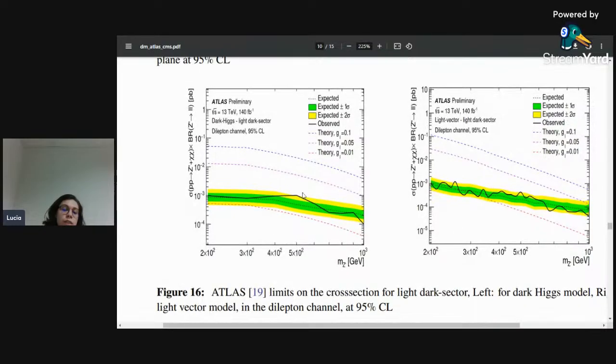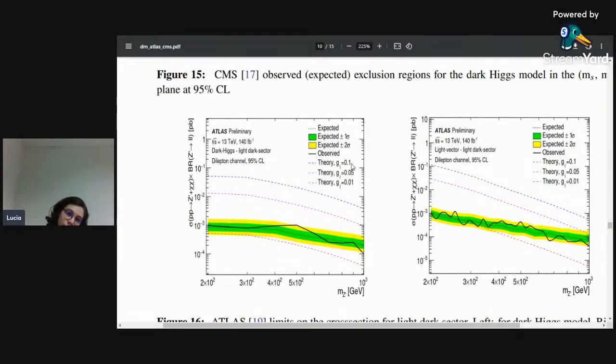So basically these plots are from the same model, but it's regarding the narrow width approximation. So the cross sections times the